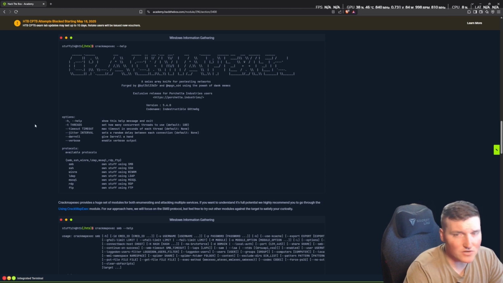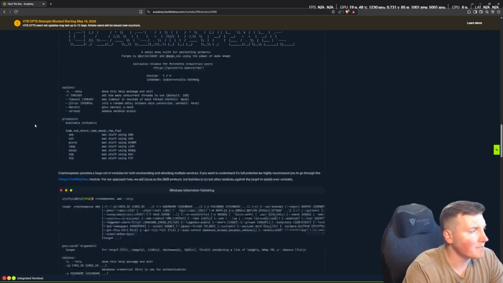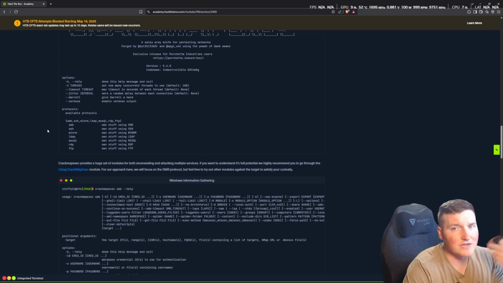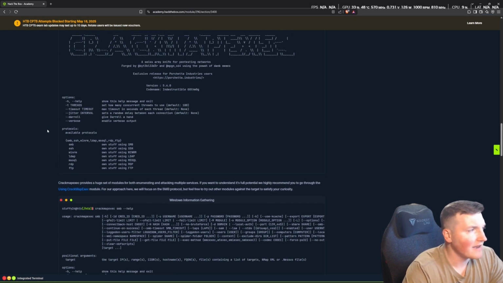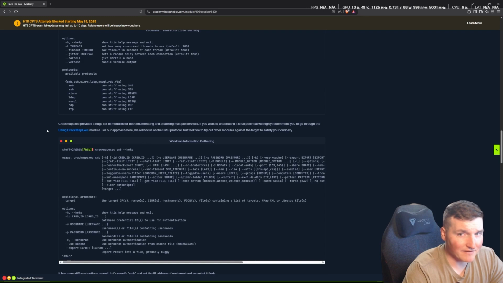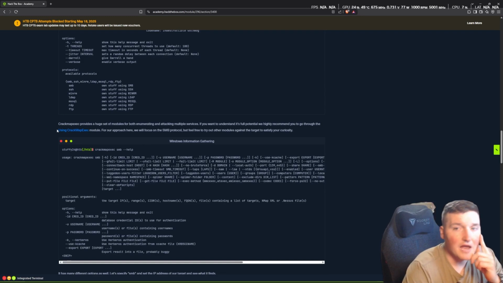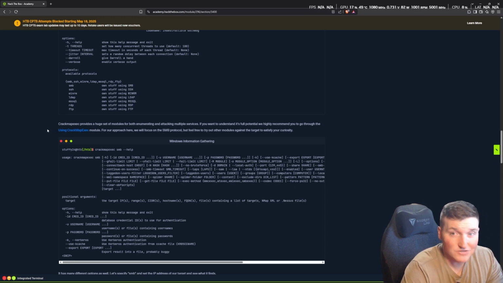People accidentally do this all the time. People share things and then forget to revoke the access. There's all kinds of reasons you might do this. And maybe it's by design, but there might be something in there that will lead you to the next step, right? So for instance, if someone put an SMB share, like a script to share with somebody, right? And you open that script, and this is the exact scenario we're going to go through. And you open that script, and there's a username and password in it because someone didn't use secure coding practices,